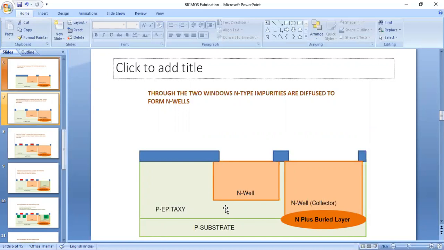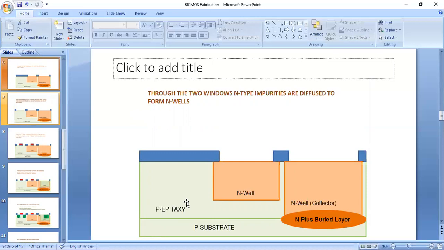So this epitaxial layer isolates the PNP and NPN transistors, right, in the horizontal direction, while the buried layer isolates them vertically. The NPN transistor is junction isolated.